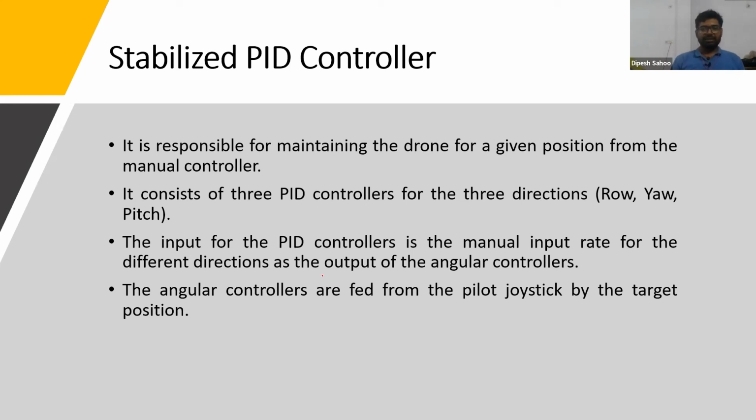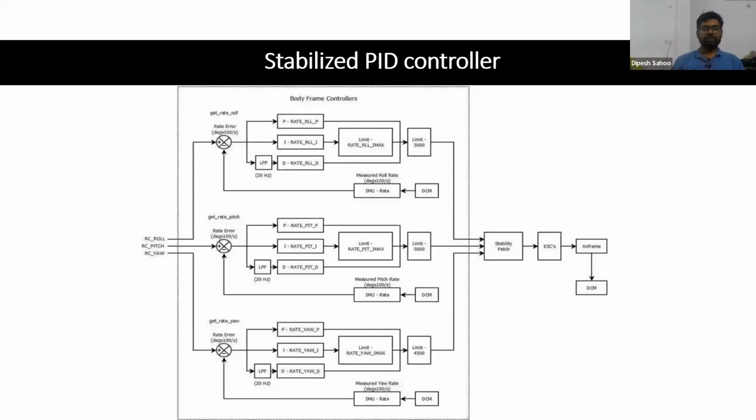Stabilized PID controller. It is responsible for maintaining the drone at a given position from the manual controller. It consists of 3 PID controllers for different directions: roll, yaw, and pitch. The input of the PID controller is the manual input rate for the different directions as the input of the angular controller. The angular controller is fed from the pilot joystick by the target position. That means the user provides the required input and the PID controller provides the required output in order to maintain